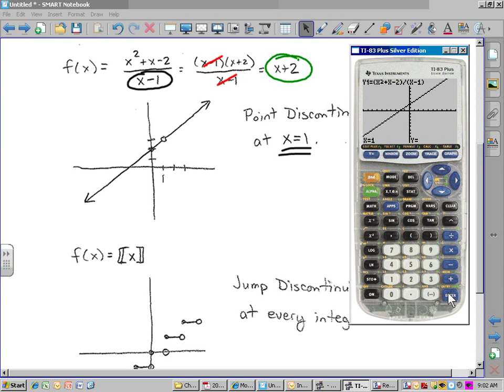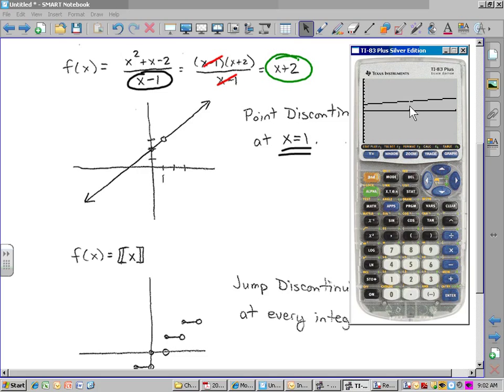There's no point there. So I'm going to change the window so you can see that. I believe I go 0 to 2 on the x min and max. We should be able to see that hole. And there it is. There is one single point missing. Can't see it on the original, because the calculator just didn't show it because of the pixels. But if you zoom in, or change the window so you can see it, there's actually a hole in the graph